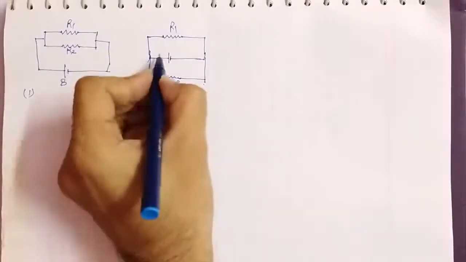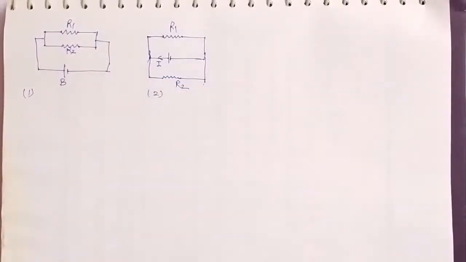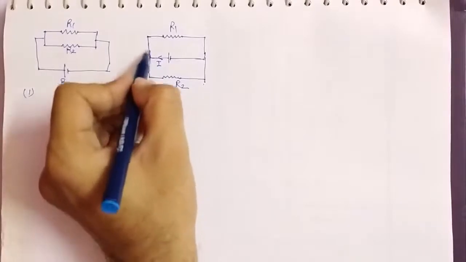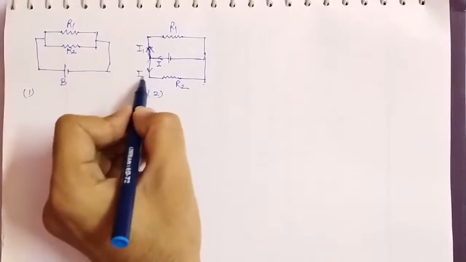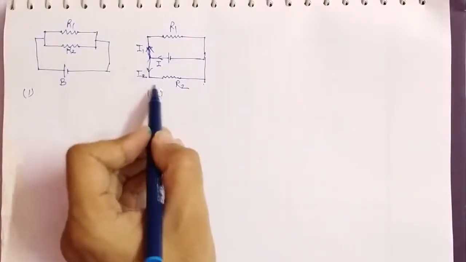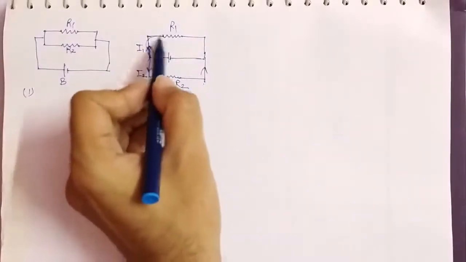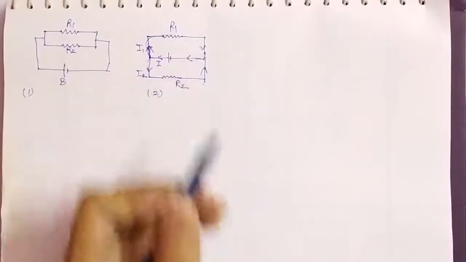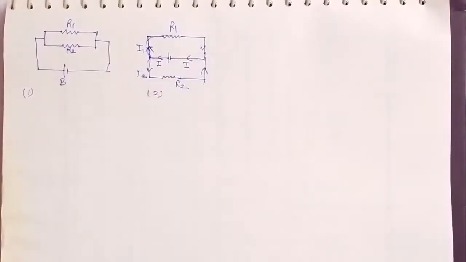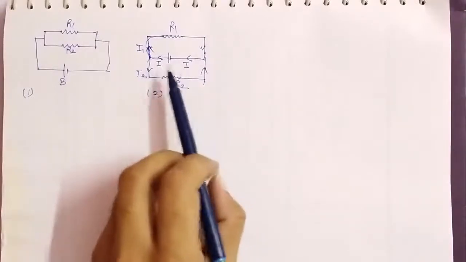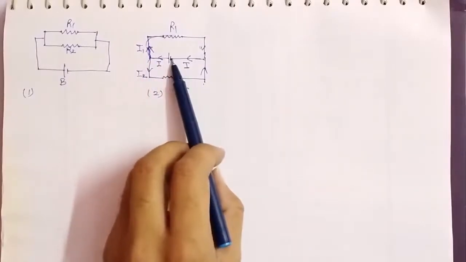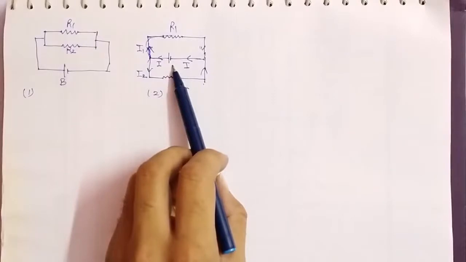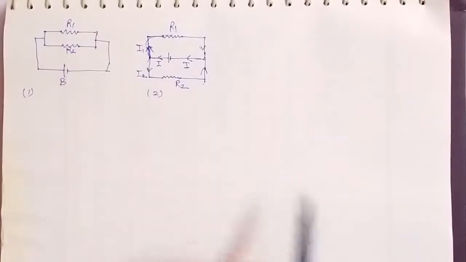So how to judge it? Let the current coming from the battery be I. If you see, there is a junction, so what happens? The current divides into I1 and here the current I2. When I2 goes here and I1 travels around, they again meet and become I. Here we are getting a junction, that's why we can say these are also in parallel. And always take the current direction from the battery, that is, from the positive terminal to the negative terminal. We have already seen what the direction of current should be for a given battery.